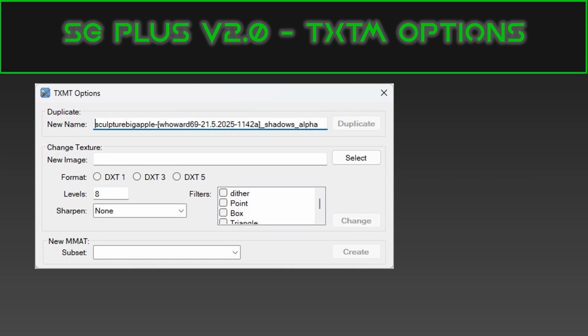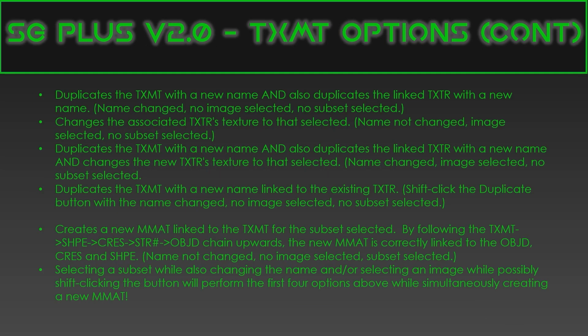TXMATs, we can pretty much do everything that we can at the texture level, but at the TXMAT, and this at the same time as creating the TXMAT will also create a linked texture for you. So it's doing 2 things at once. Again, this is what we're mainly going to be looking at, so I'm not talking to this. And there is a huge wall of text here that tells you everything it does, and I will let you read through all of those at your leisure,